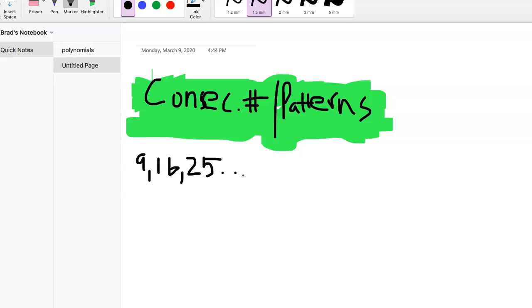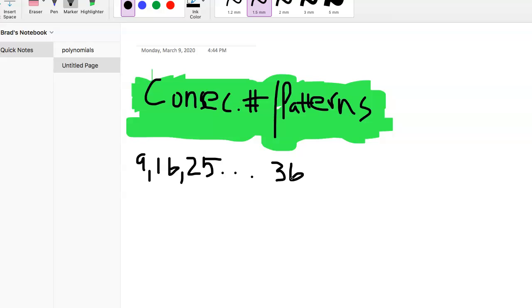Okay. So you see 9, 16, 25, right? And so what's the next number in this? Okay, so in this one, what we're looking at is squaring the number. So with 9, 3 squared, which is 3 times 3, equals 9. 4 squared, which is 4 times 4, is 16. 5 squared is 25. So we've gone 3 squared, 4 squared, 5 squared. So what do you think the next number is going to be? 6 squared, right? 6 times 6,